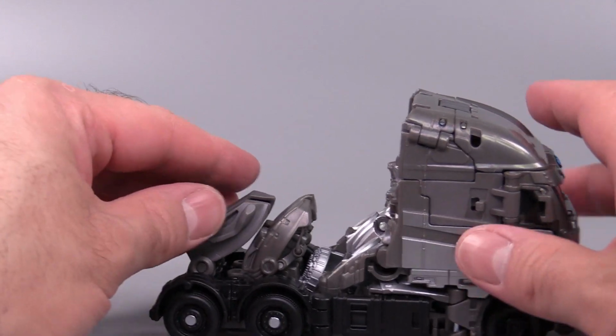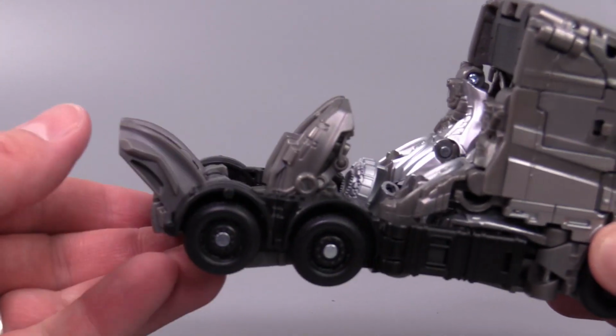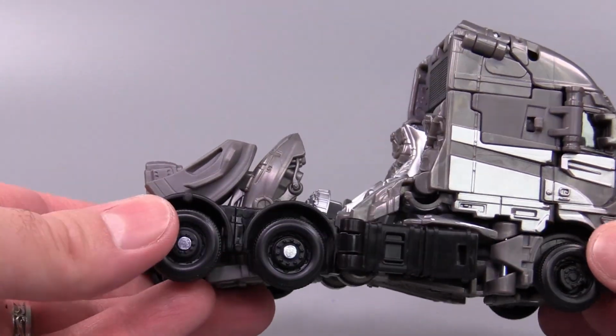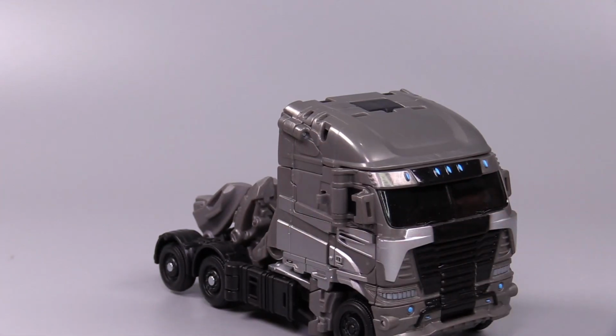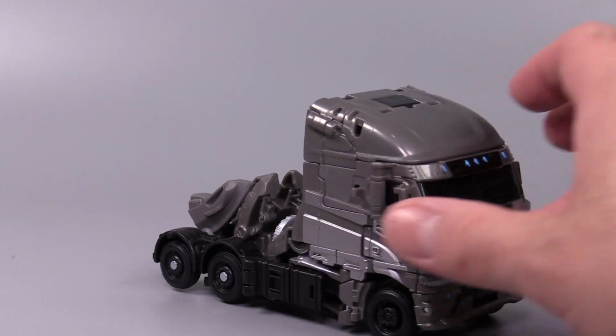And that's a shame. Now, the original pictures we saw kind of looked like this. That looks even worse. But I don't like it. I don't like the way that looks. From the front, the vehicle mode looks fantastic. And it can do. But the back...